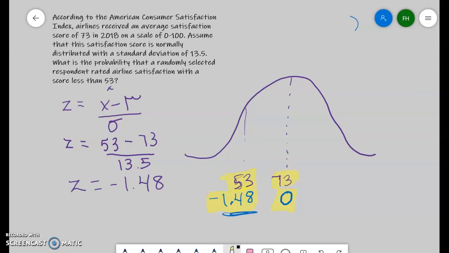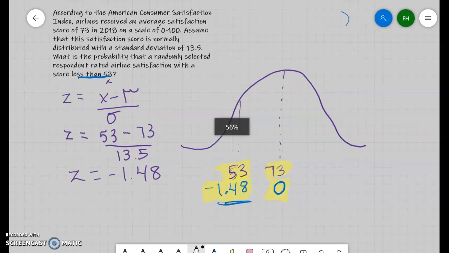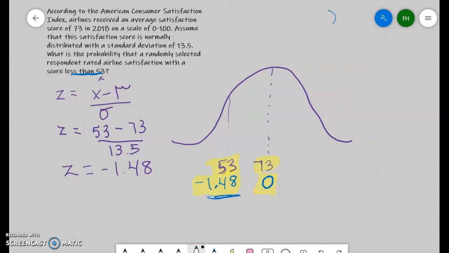Okay, in the previous video, we calculated the z-score. Now we're going to talk about how to actually find the probability once we get the z-score. So, we want to know the probability that a randomly selected respondent rated airline satisfaction with a score of less than 53. So what we're finding is the probability that z is less than